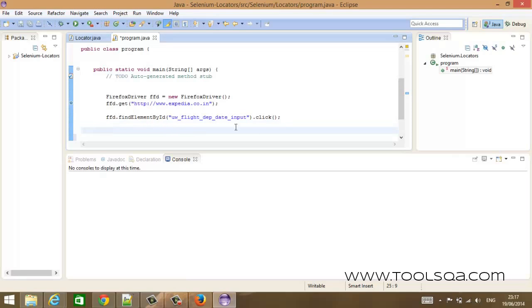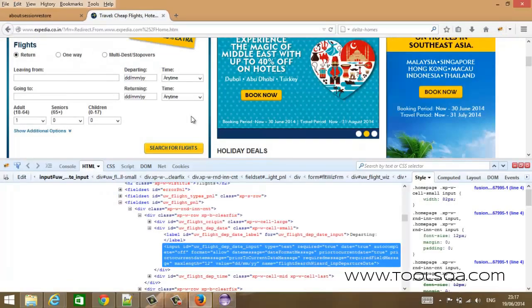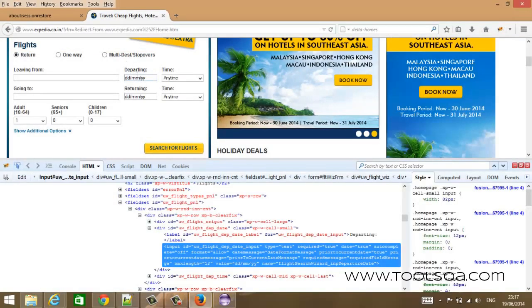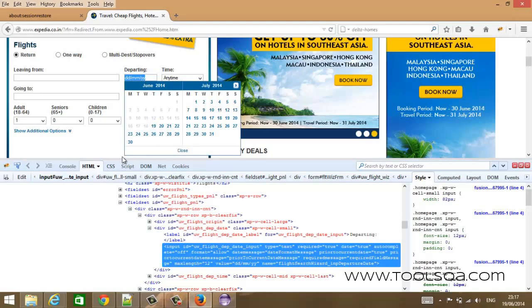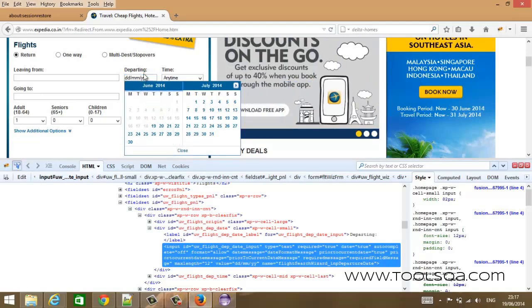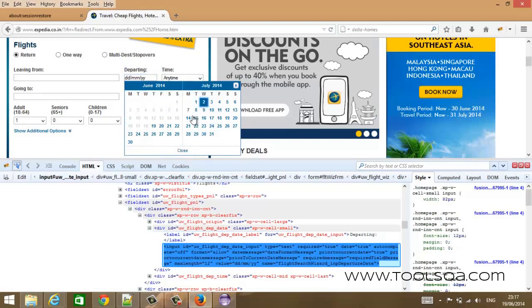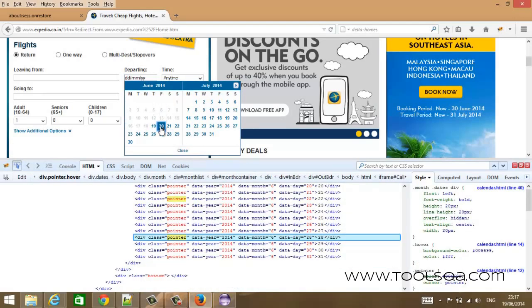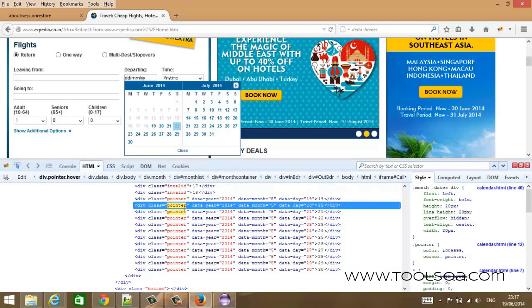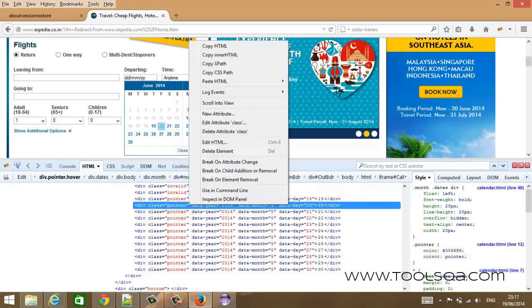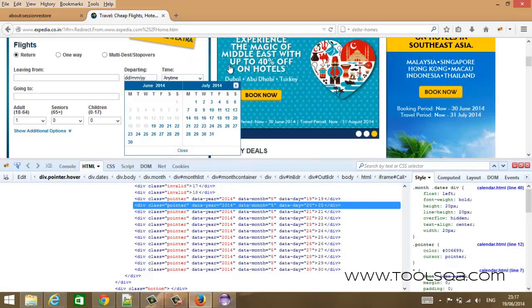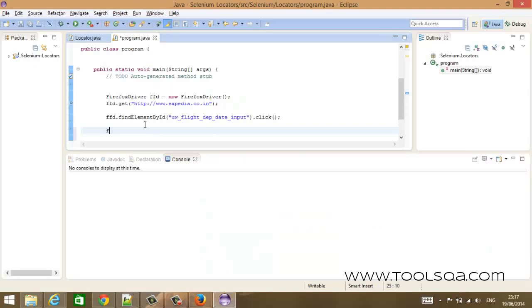Now once the date picker frame comes up, you won't be able to access any element inside the frame unless and until you switch to that frame. So let me first show you the error case. So let us first try. Once we click on that, this window comes up, this frame comes up, and I want to click on, let's say, 20th. So I will just simply copy the XPath, and once I have clicked on that,